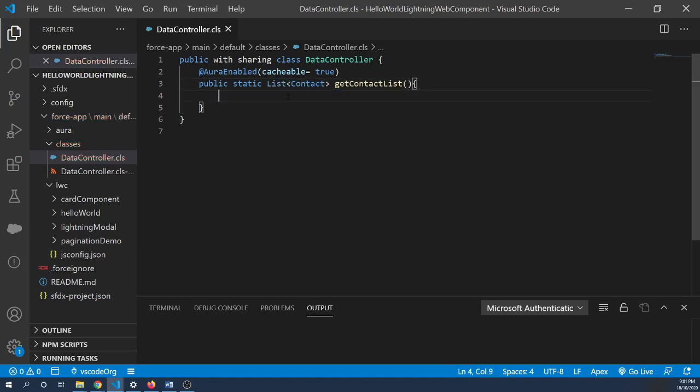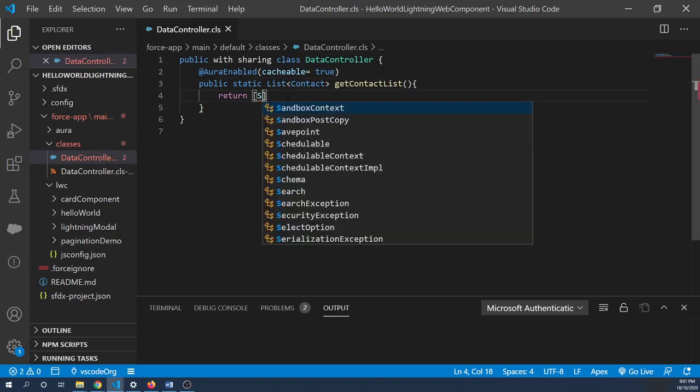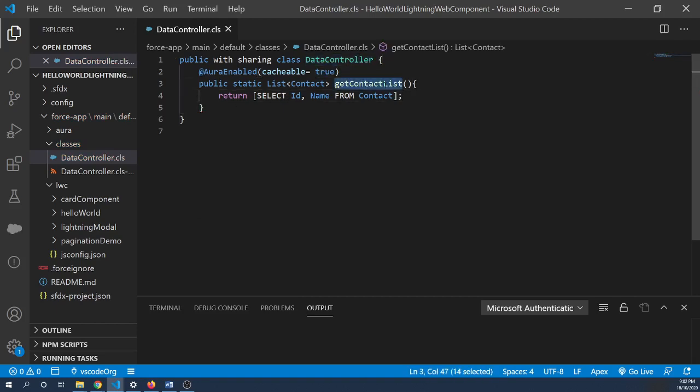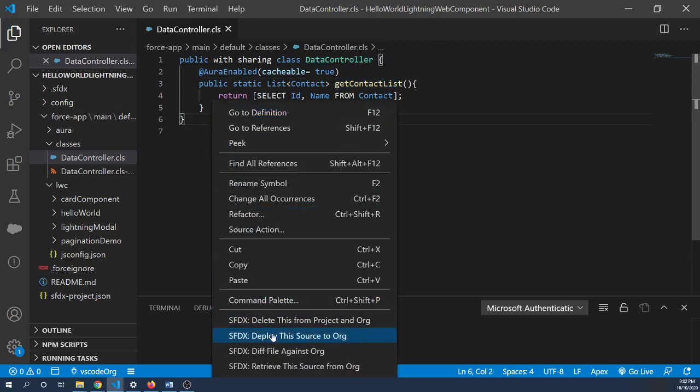This is my method, and in this I'll write the very basic query: select Id, Name from Contact. So this is the very basic query I'm writing. Put a semicolon at the end, and we have created a DataController, and getContactList is my method name, and we're gonna call this method from our LWC component. So first deploy this class. I'll say deploy this source to org,